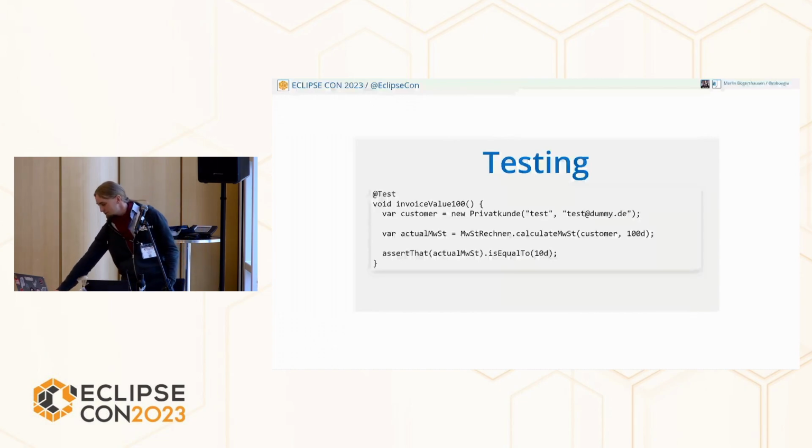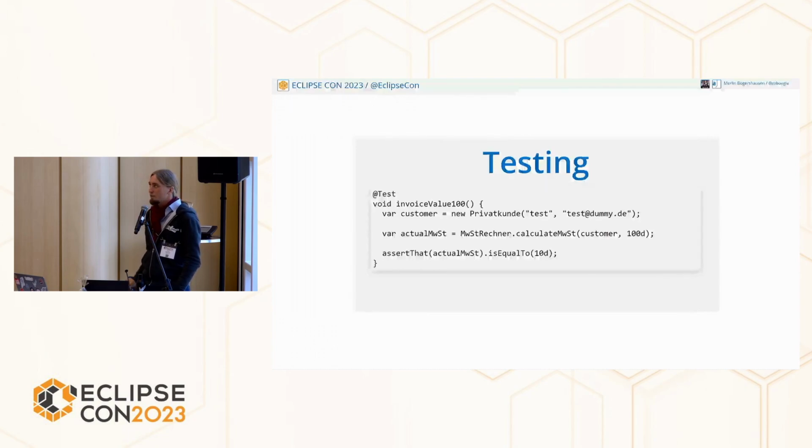Yes, I know. Tests like these are also possible with traditional object-oriented programming. There's nothing data-oriented special about it. What for me is special about it, this Mehrwertsteuerrechner calculate method, in some questions it was stated as, yeah, that's a service. Yes, that's basically the business logic. True. But this is a business logic which doesn't need additional code. It just needs Java SE and a little bit of JUnit above. And it's very easy tests.